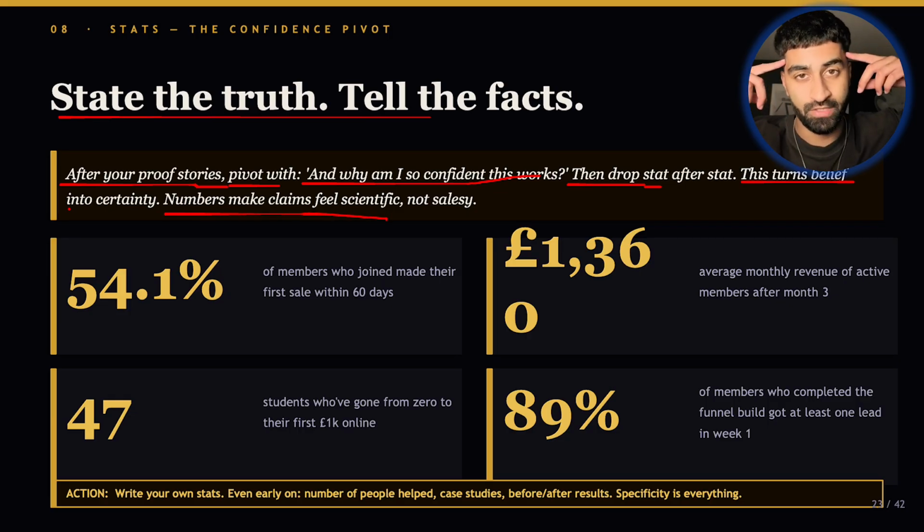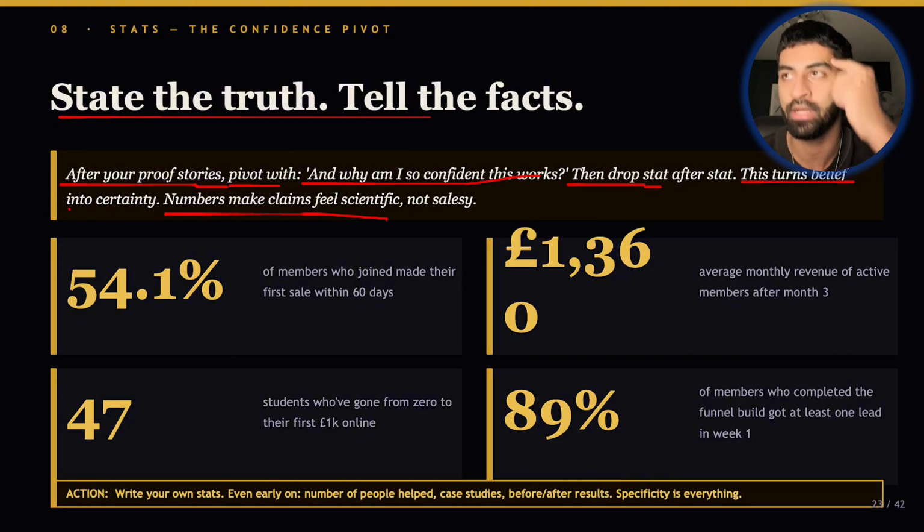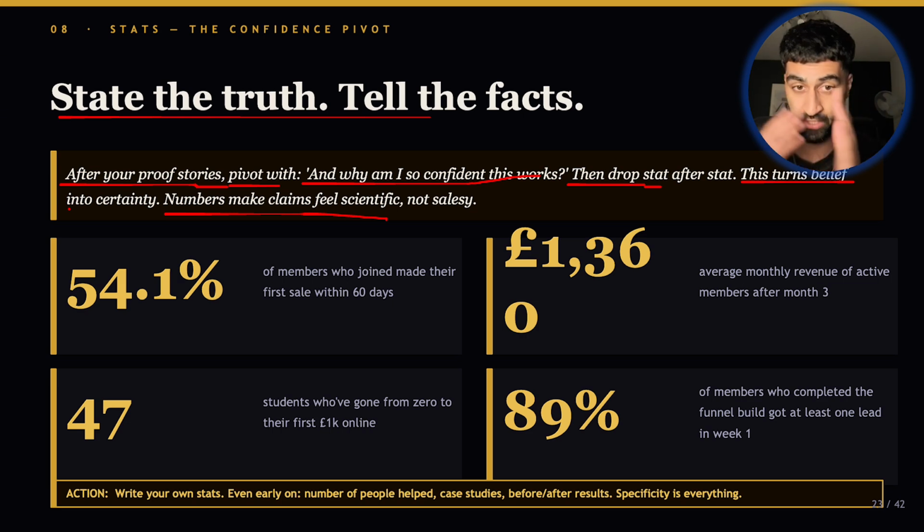Just imagine you give them the Grand Slam offer and then you're hitting them with stat after stat after stat. They're like, what the hell? How can I try to disprove this guy or think this is a scam, when he's done everything I talked about at the beginning of this presentation? He gave me the most insane offer and has just shot me down with the most insane statistics of all time, right? Super leverageable. Use this, please.